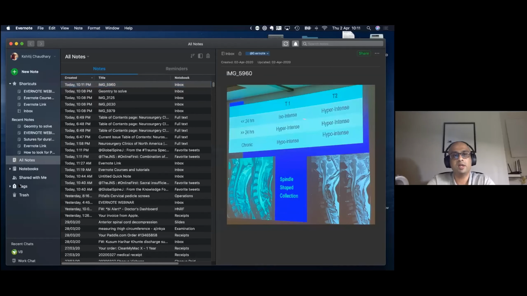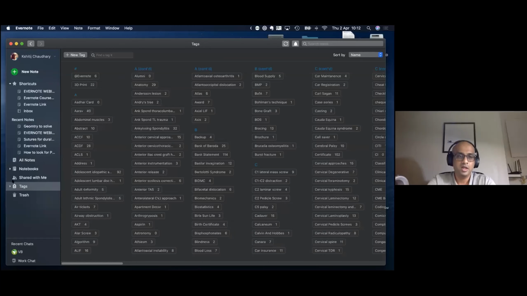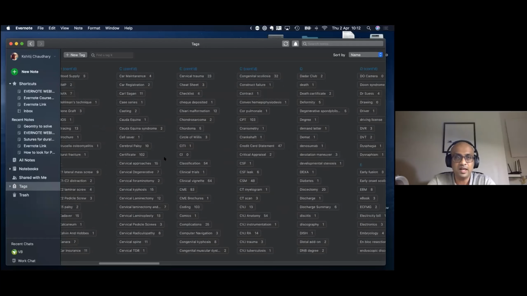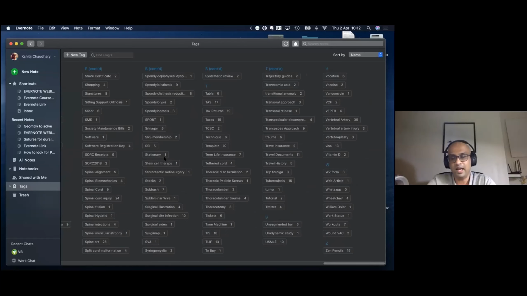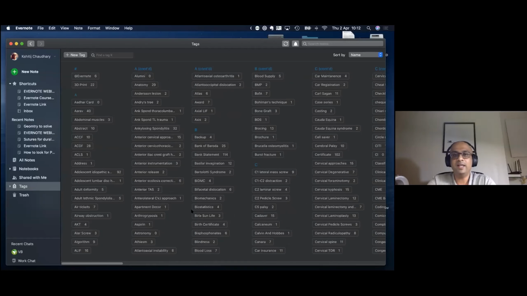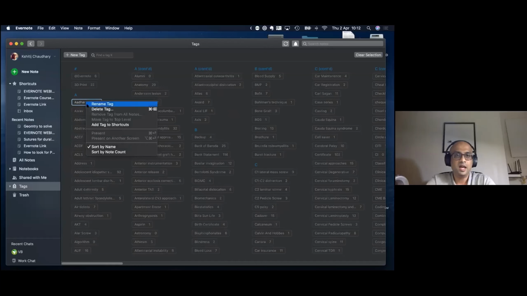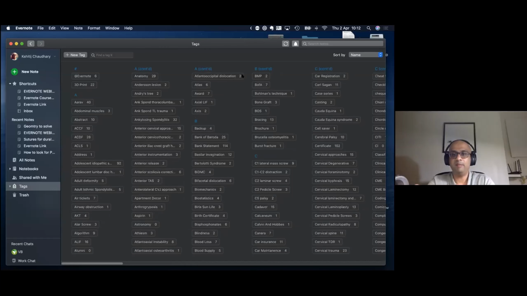One thing that has helped me retrieve my notes even after 10 years is tagging. So let's see these tags. I have created numerous tags, and over the years I have refined them. Some tags are useless, some tags are useful. Like this Aadhaar card tag has nothing in it. I delete it, and that way this thing over time has developed into something that I can't live without. I have to have this if I have to function normally, because I have my car papers here, my insurance papers here, my petrol bills here. So everything is in Evernote. I have no paper bills in my home.